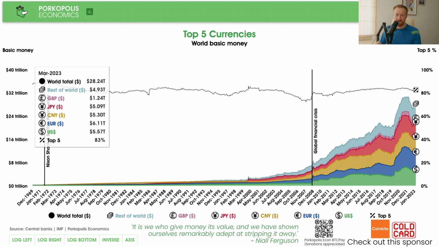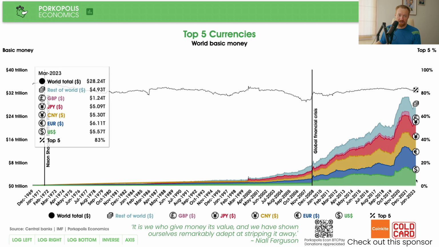Okay, and there are 50 currencies in this data set, so the 45 remaining currencies are $4.93 trillion equivalent. So when you see this, you need to think this is yen, this is euro, this is yuan, this is actual base money in each currency. And we can see, of course, there is this massive Pareto distribution, about an 80-20 split, where we have the